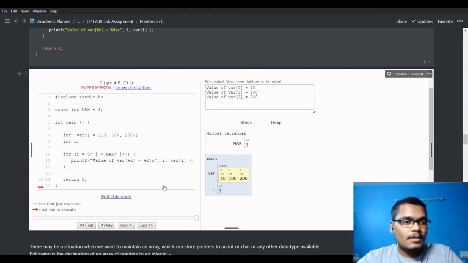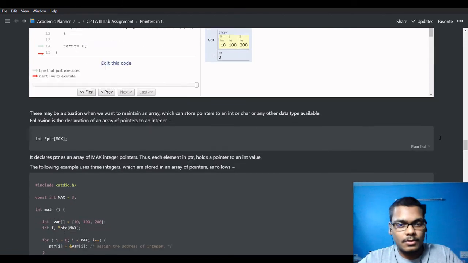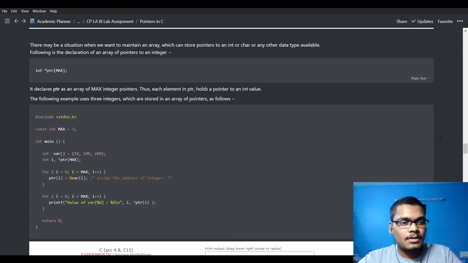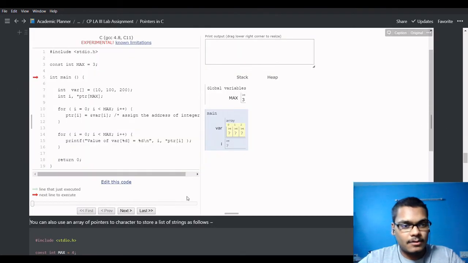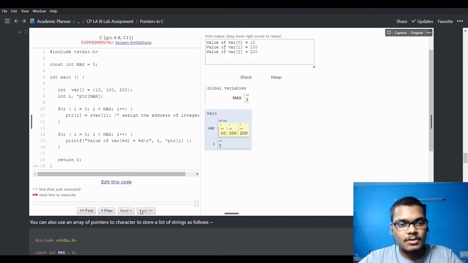Now it declares PTR as an array of max pointers to integers, which is 3. Each element in the array holds a pointer to an int value. The following example uses 3 integers, which are stored in an array of pointers as follows. So in this code example, we have star PTR max, and then we're putting inside the loop the PTR max, which would be the pointed array